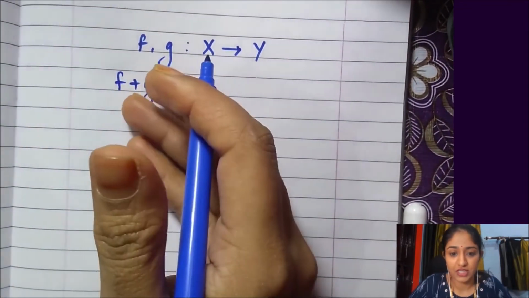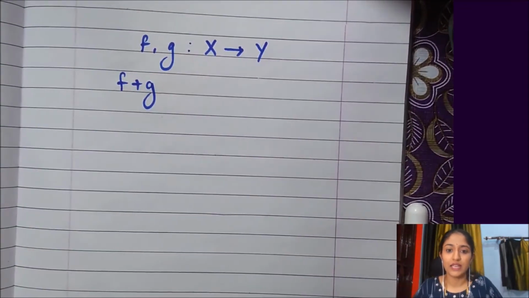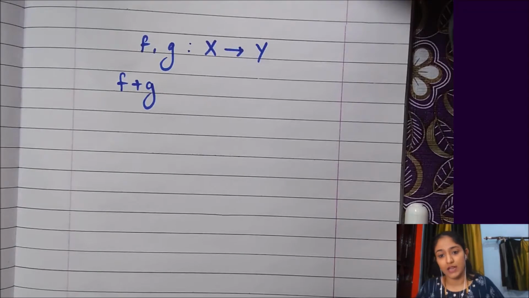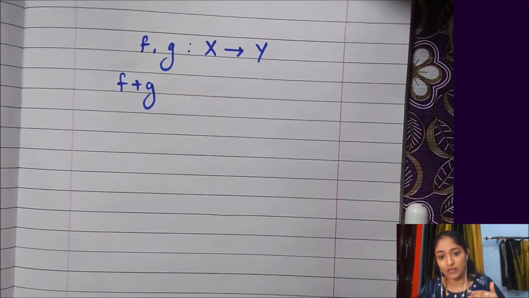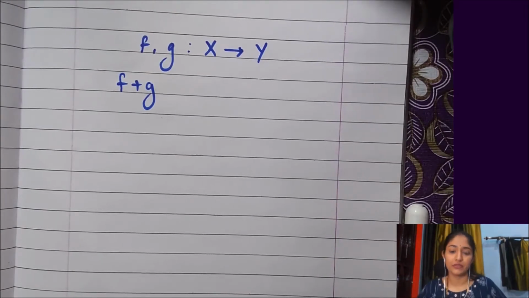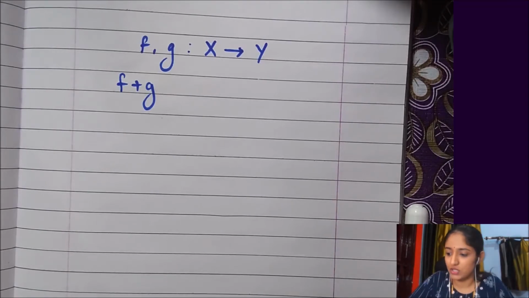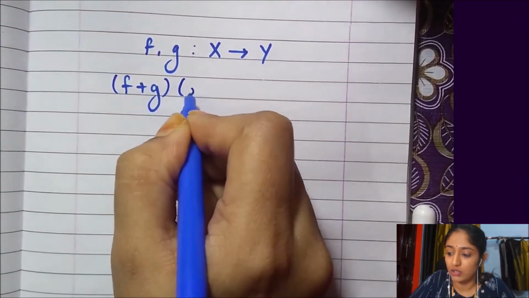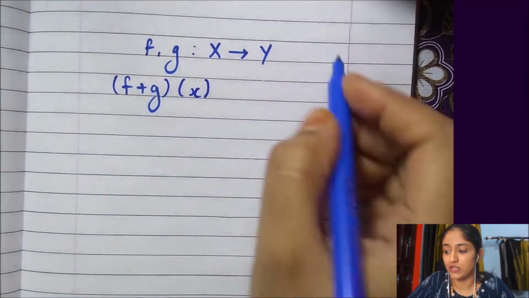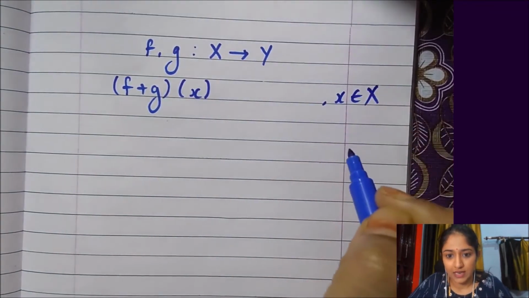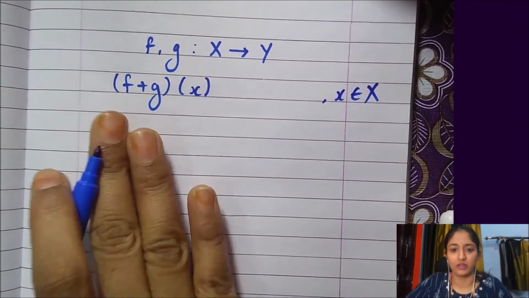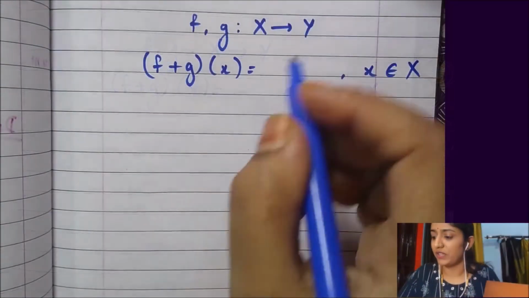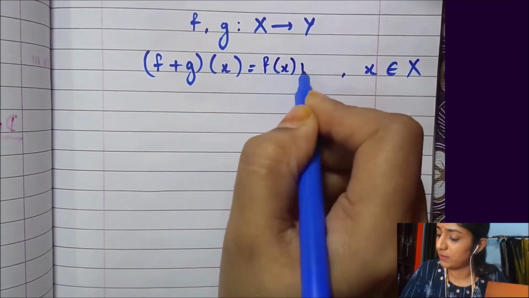How do we define f plus g? With functions, we have to explain its operation on each of the elements of the domain. And we cannot just go on grabbing elements from the domain and showing it for everyone. So we just take an arbitrary element from the domain and call it x, and show what happens to these functions when we operate on it. This is how we show how functions work. We define it as f of x plus g of x.